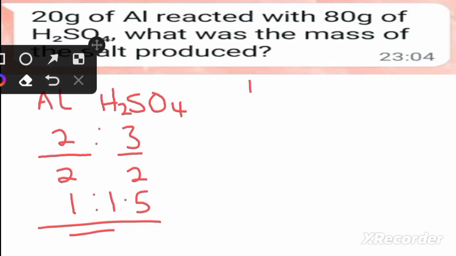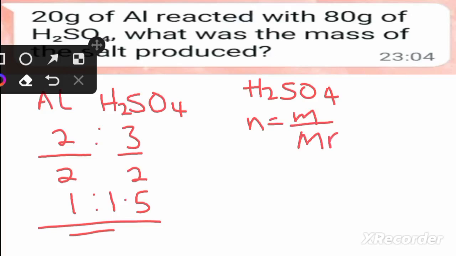So this time around, let us also find the number of moles of sulfuric acid. First and foremost, we write the formula: the number of moles is equal to mass over molar mass. The mass of sulfuric acid, according to the question, is 80 grams, over the molar mass of sulfuric acid, which is